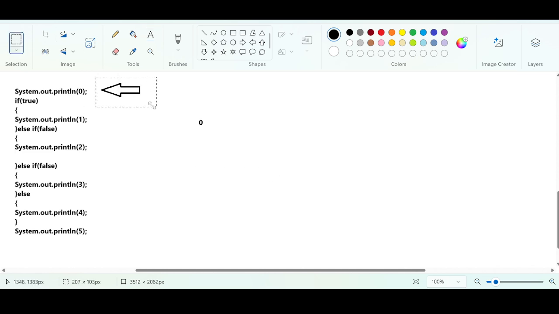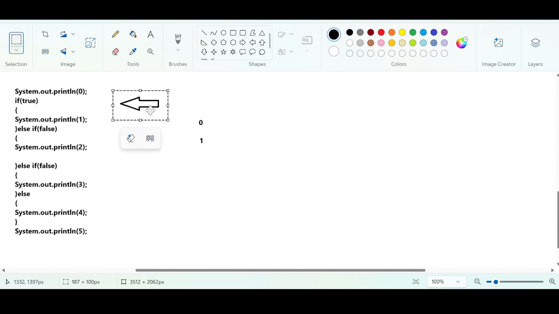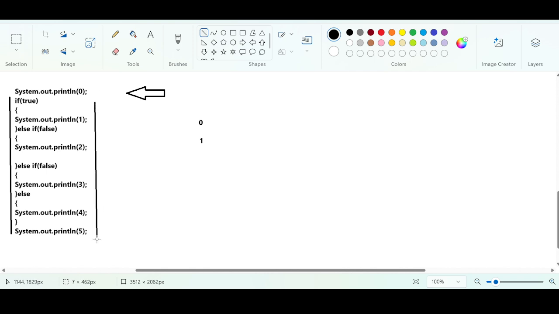The second instruction: it has identified an if block. This is true, which means the main thread gets access to this if block, and 1 will get executed. Now focus. This is the if else if ladder. In the ladder, as soon as it finds the matching condition, in the sense that the expression is found to be true,